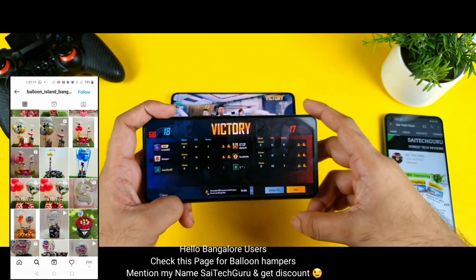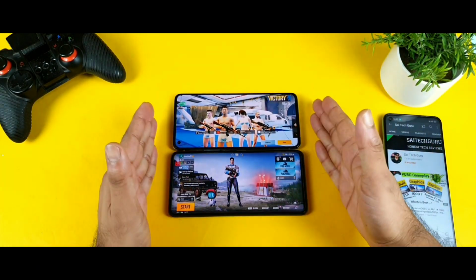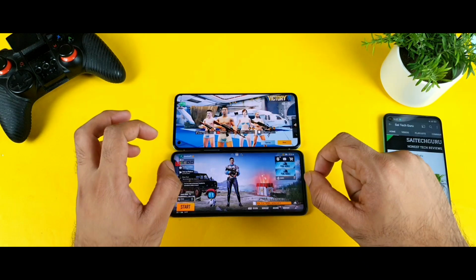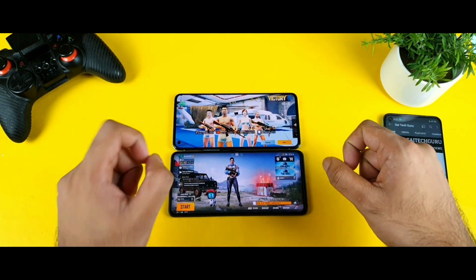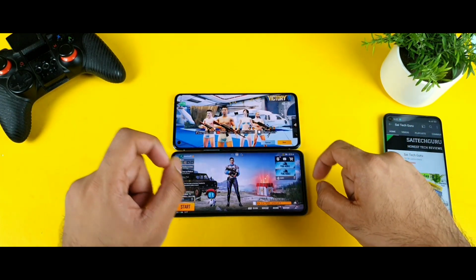That's it, friends. Thank you for watching this video, and make sure to stay tuned for more speed test comparisons which I'll be doing between the OnePlus 8T and the iQOO 7 device. This will be really interesting and challenging, comparing both phones in terms of speed test, app opening and closing, and RAM management as well. That is what I'm going to concentrate on very soon.